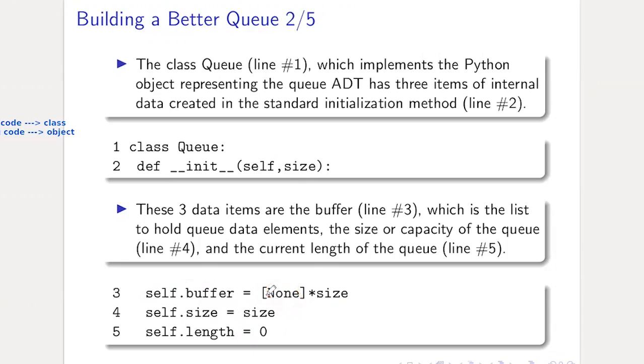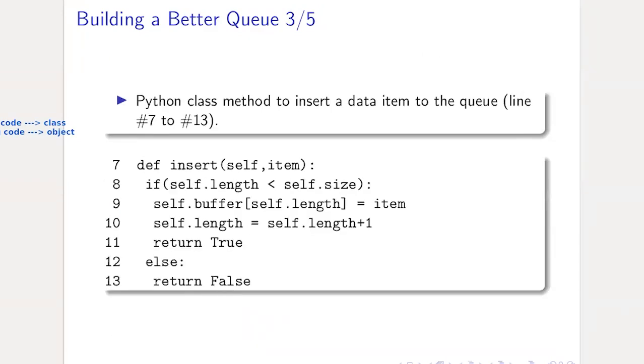This is basically a reference to a memory location actually, and the number of such elements is the length of my buffer. So it's essentially a list of length size. Okay, so moving on,